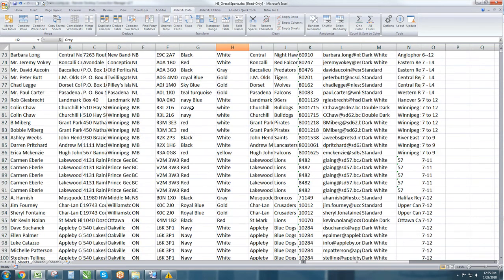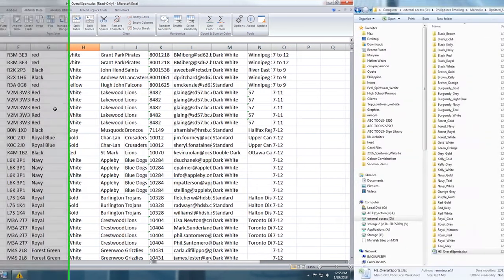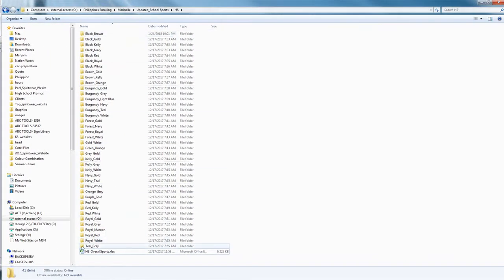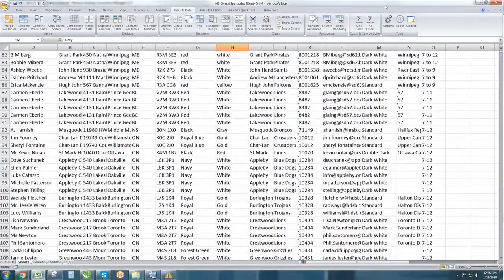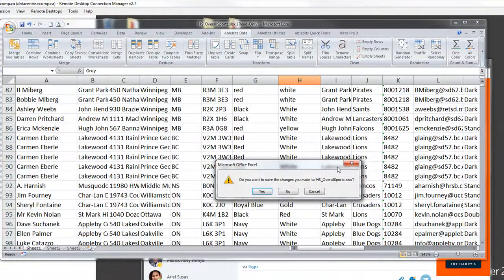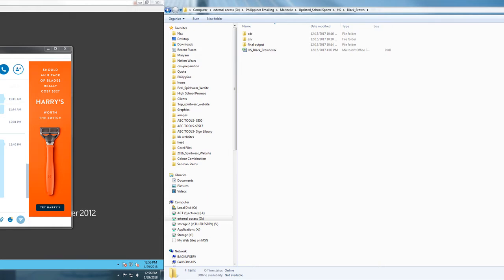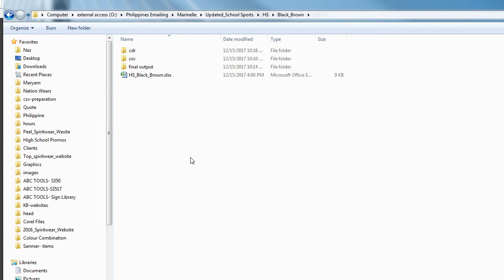I hope this explanation will help you guys to realize it better. Now, for testing that, as you can see, there are different color combinations here, and all these Excel files are ready to be sent, but we should wait till the catalogs are ready to send. But right now I will tell you how to run the macro so that you can see what's going on after running the macro,